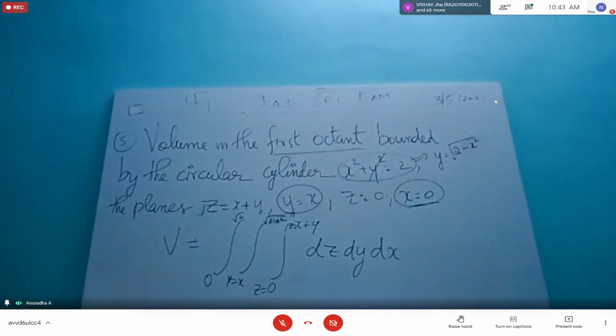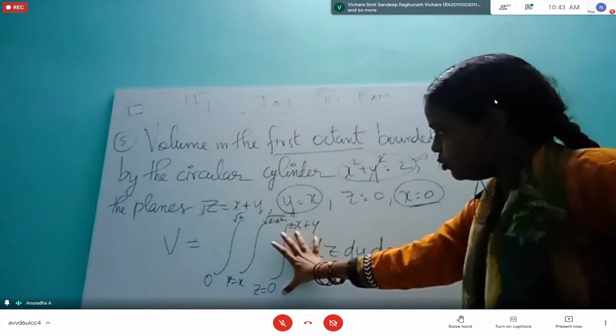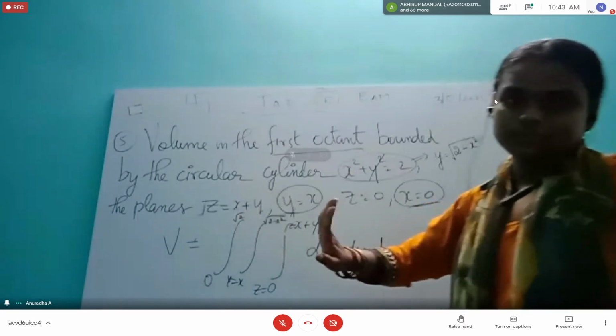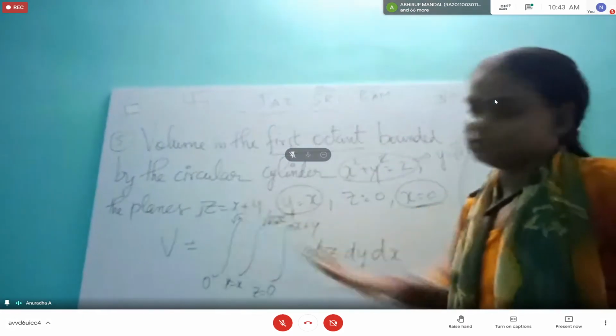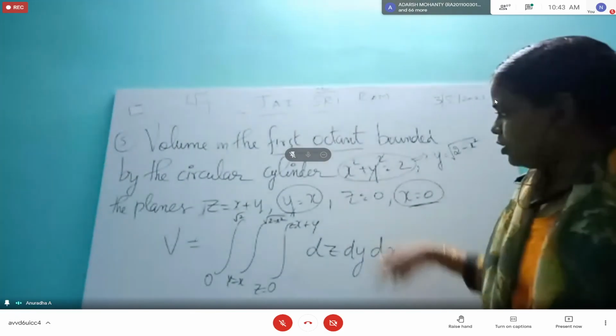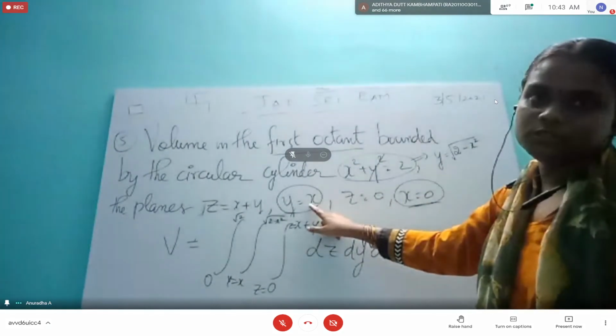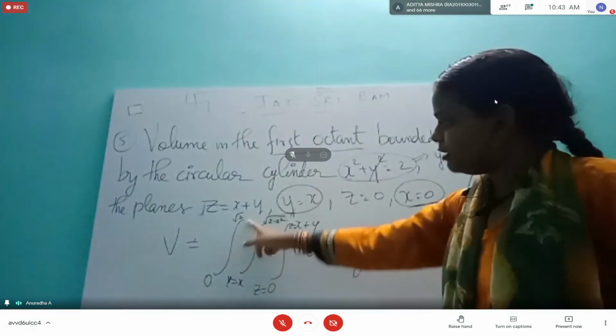So in this question, we cannot go to any other order. In the first question, the tetrahedron, we had our own orders. Everyone can do their own sums, they will get the same answer, abc by 6. But in this question, particularly, in this order only we have to go. So how to know that? Usually, whichever is the innermost limit, they will give the equations, like this, two separate equations they will give. So that will be the innermost limit. For the next thing, you have to compare between them. Something will be in numbers, something will be in an equation. So that will come as the next limit, then we have to write the next.